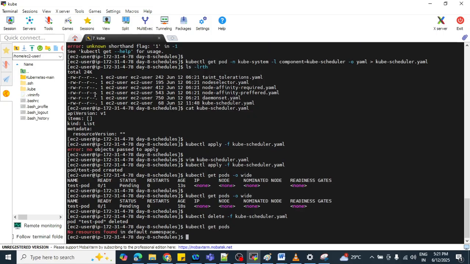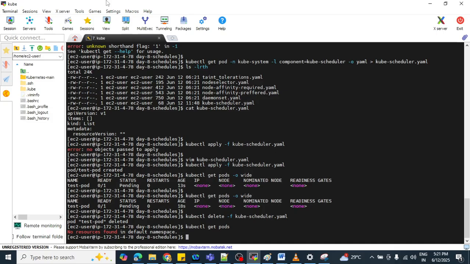Pods. Okay. So now we are going to understand the concept of scheduler. I already showed you how to understand the default scheduler concept.